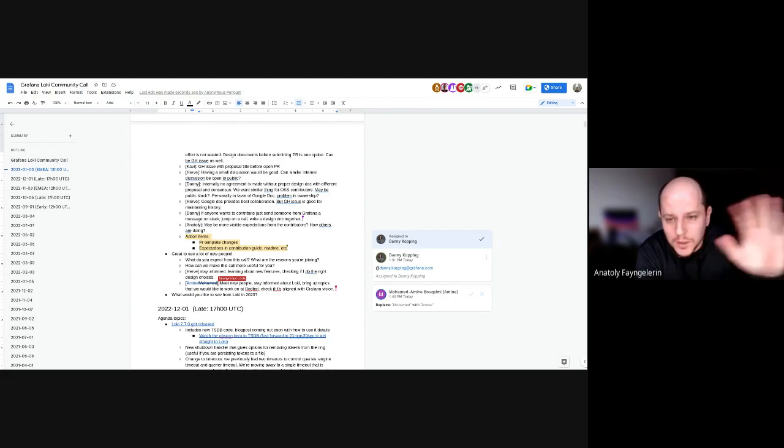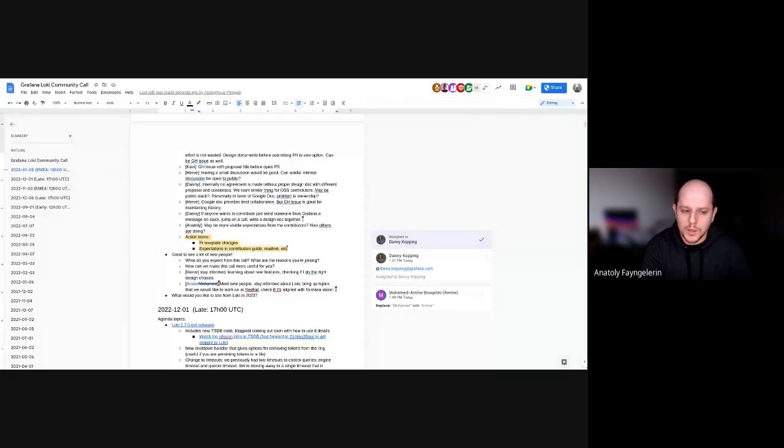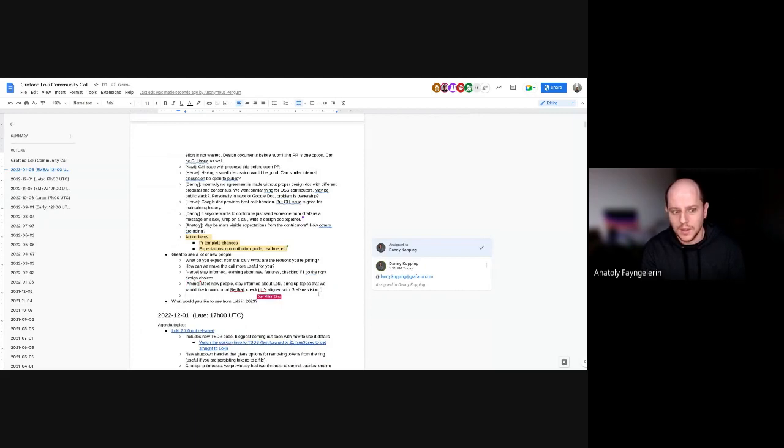So I'm Anatoly. I work at Dropbox. We recently rolled out a pretty large scale deployment of Loki, and my team, the telemetry team, was in charge of that. We worked with the Loki community throughout that rollout to make sure that Loki is able to scale to where we needed it to be deployed. That was a pretty good experience, actually. The community was really great, and Grafana Labs engineers were super helpful.